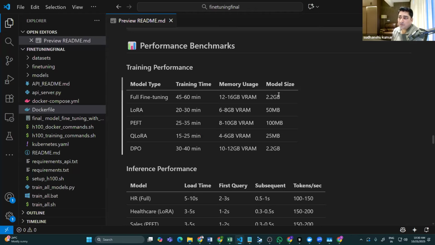I have created some performance benchmarks as well, right? What kind of training time it is going to take, and what the memory usage will be. You can look into this particular table as well. This is going to be very useful, because last time some of you asked me a question: if I'm trying to do this kind of training, what will be the time it should take, and what should be the memory consumption. Keeping that in mind, I have updated this readme file, where I have mentioned